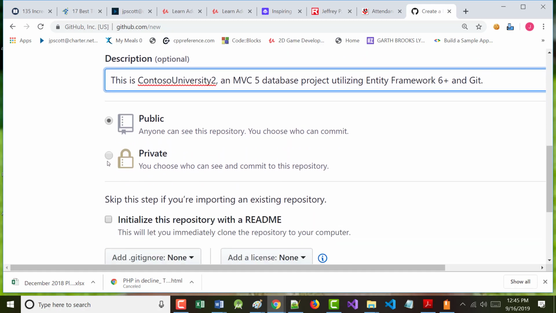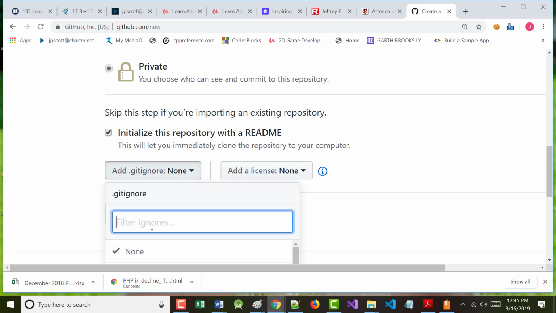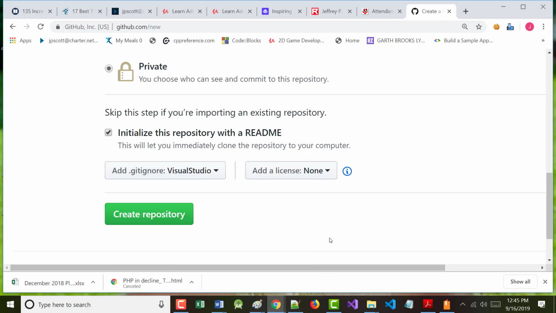So we want it private. We will initialize this with a README. So private, initialize with README. We will use a .gitignore. We will again type in Visual Studio, and it's one word. Choose this. We don't care about a license.